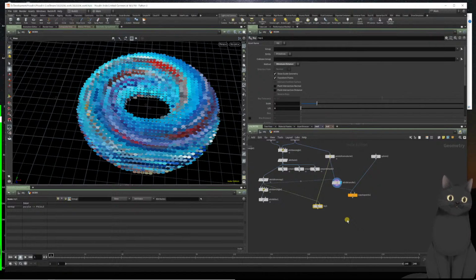Then you can do import attributes from hits. So if I just do this, normally it will